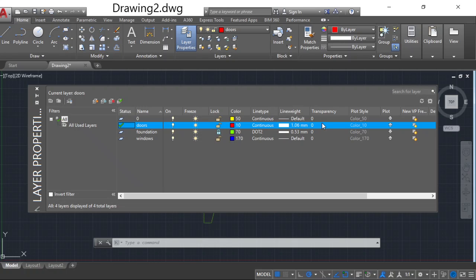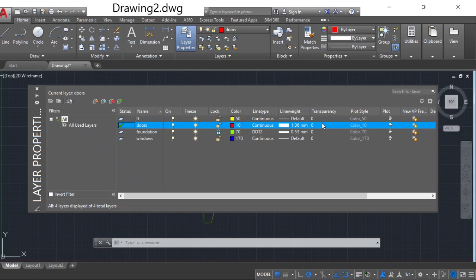For example, a wall is not transparent, so if you place some objects behind the wall, those objects are not visible. If it is transparent, whatever object is placed behind the wall is visible. Generally glass is the best example for transparency.